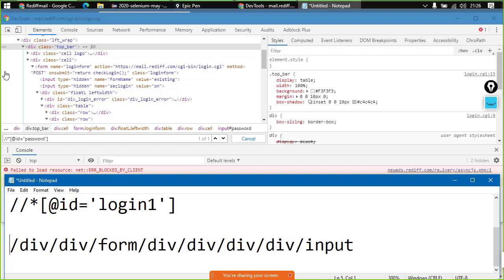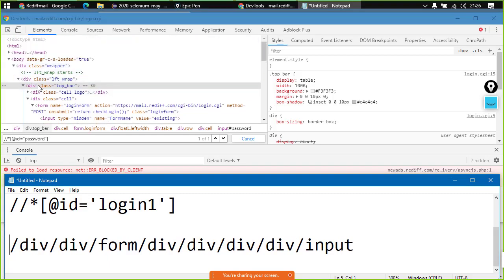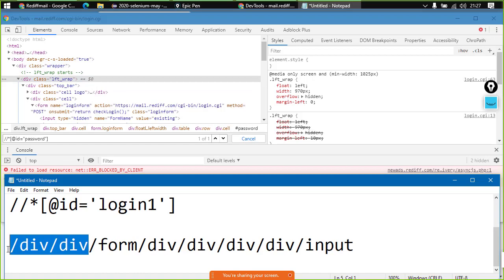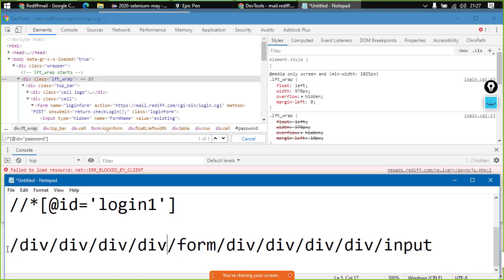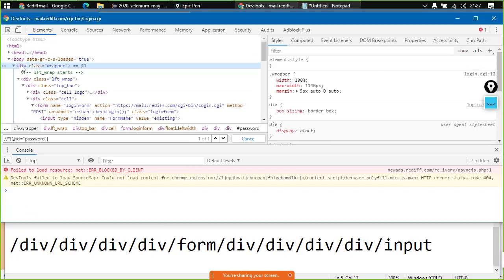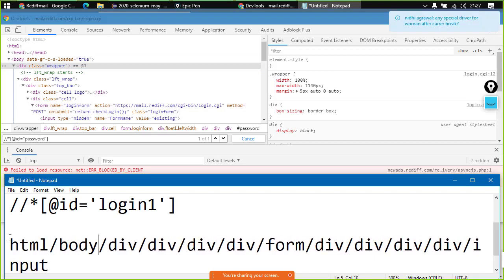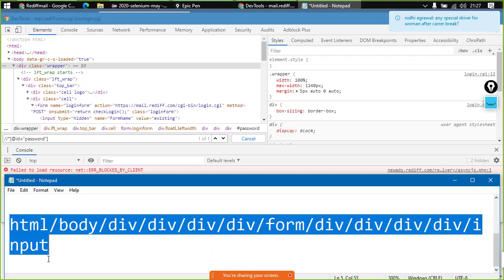So we have got till this particular point, that is top bar. Then this div is inside this div. So there are two divs, right? So we have reached to this particular div. Now this one is inside body and body is inside HTML. So HTML, body, right?